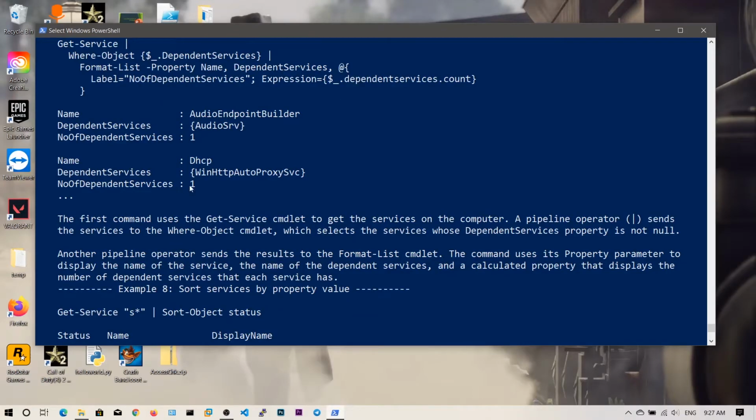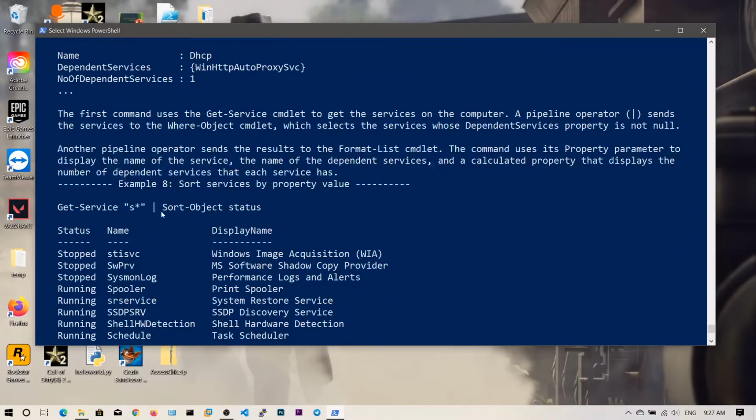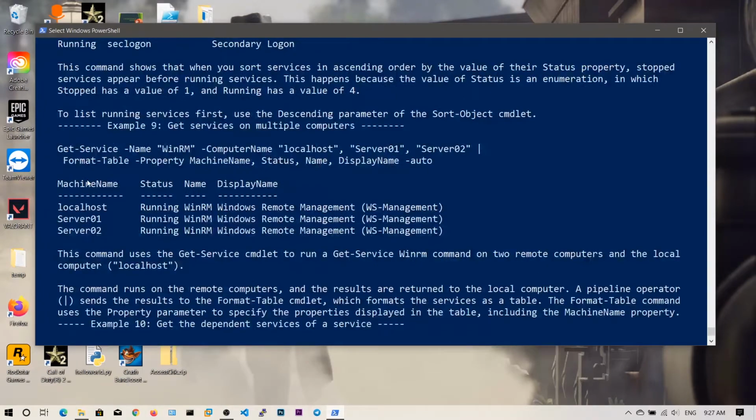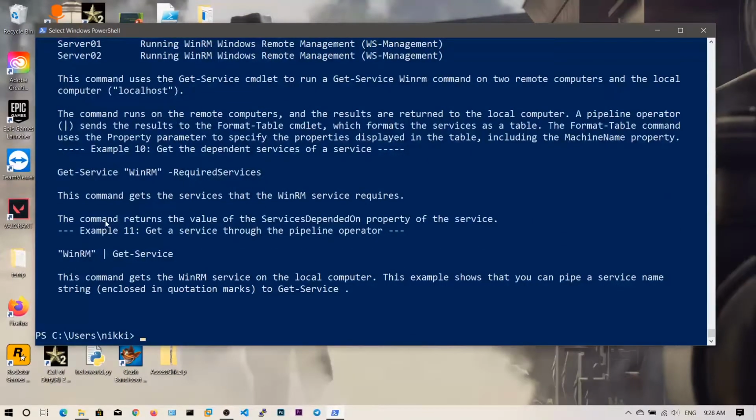So here there is a bunch of information about the description, and you can also sort this output using the status, like you can see first S and then R. And then you can see all the examples. These will give only the examples, so you can see them and practice them.